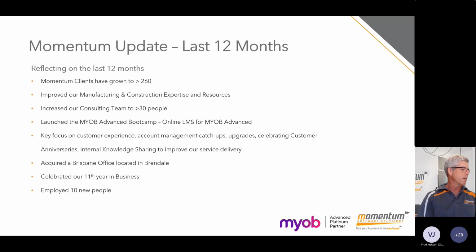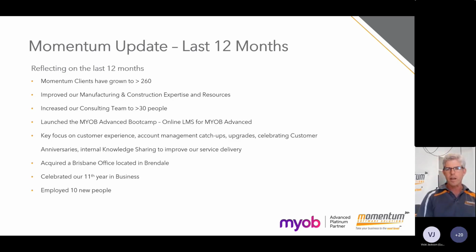We've had a lot of focus on manufacturing and construction as verticals that MYOB Advanced is very strong in. So we've supported that with people and training and expertise. We've grown our team, so overall we now have over 30 people in the business providing services of all kinds to our clients. So we've certainly been employing people.